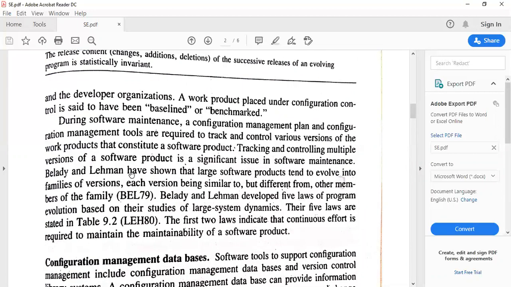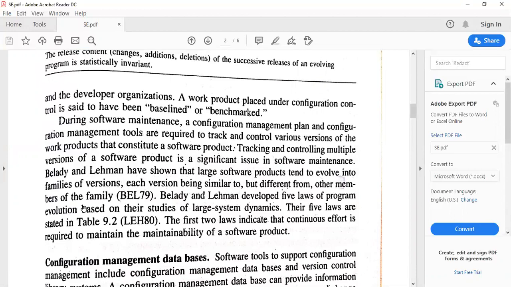Belady and Lehman showed that when we have a large software product, that large product involves families of versions, that is version 1, version 2, version 3, and each version has some similarity because one version has some addition with the second version, some addition with the third version, some addition with the fourth version.